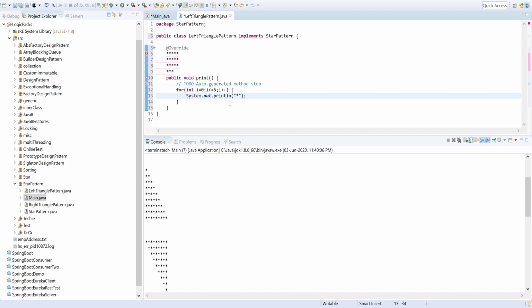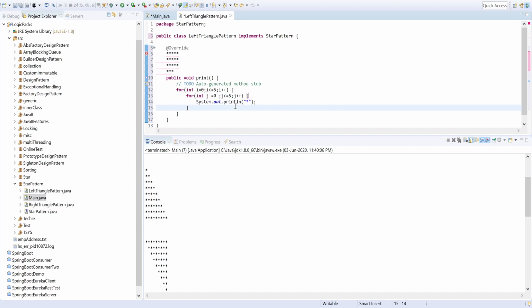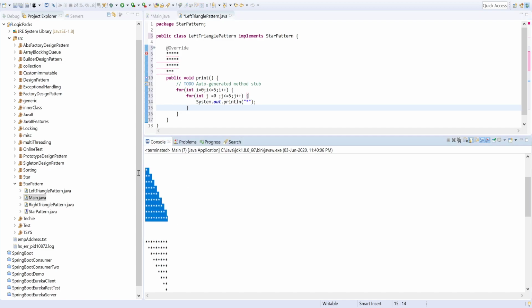You have to do int j equals 0, j less than or equal to 5, j plus plus. The braces are optional for a single statement. So it would print such types of pattern, but our target is to print the triangle.